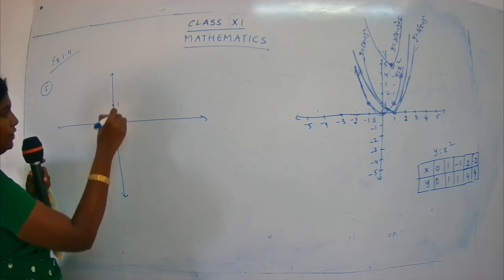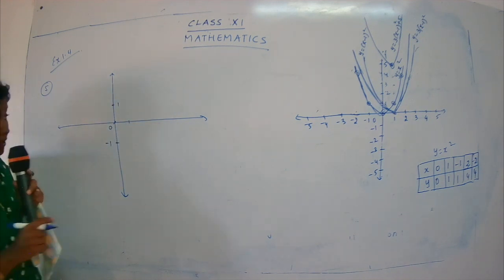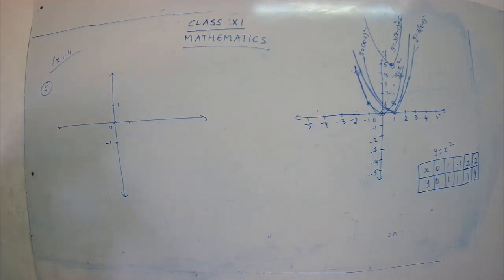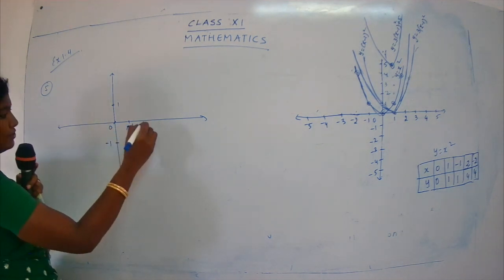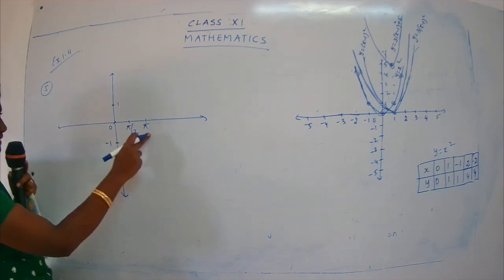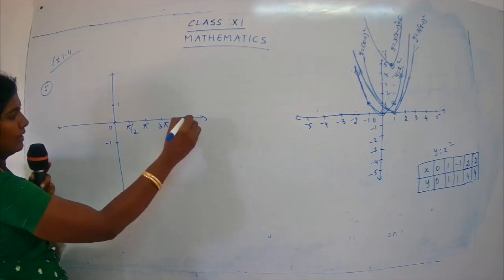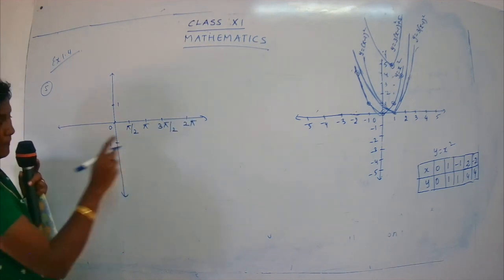So first we have the origin. Here you take plus 1 and here you take minus 1. Here we are not going to write numbers 1, 2, 3, 4. We are going to write down the angles over here. So the first angle will be pi by 2, then it's pi, 90 degree, 180. Here's 3 pi by 2 and it's 2 pi.